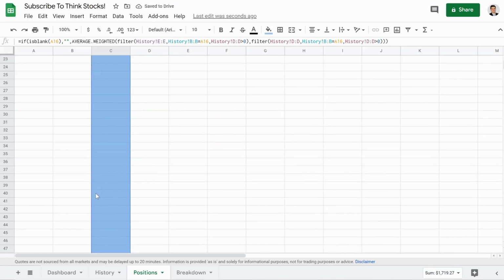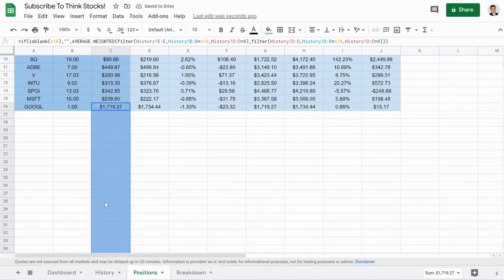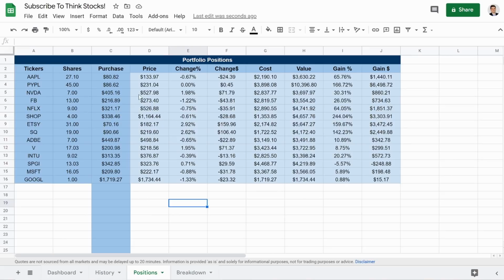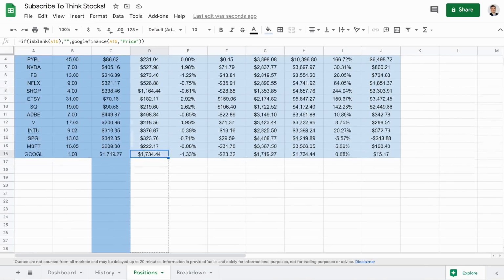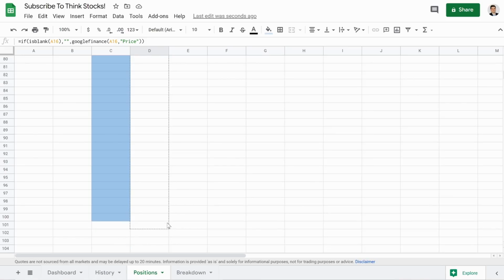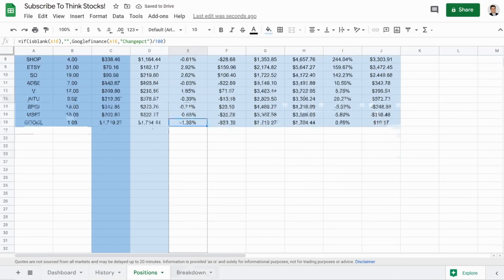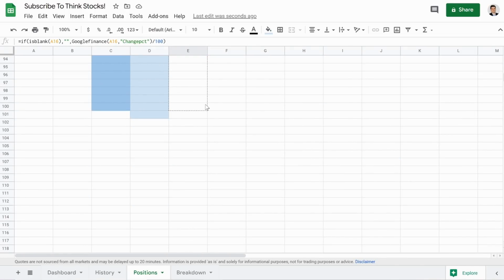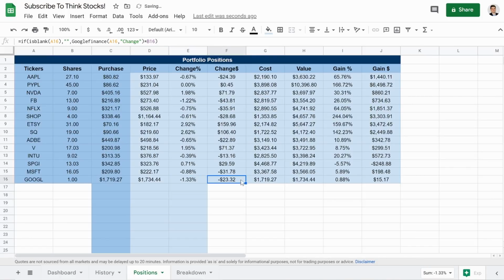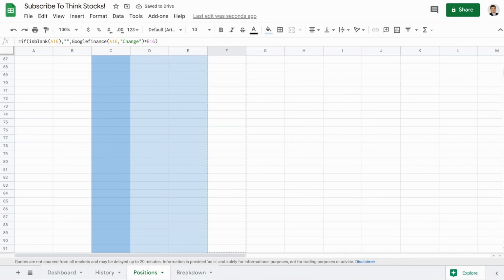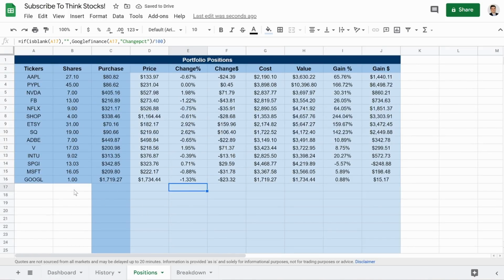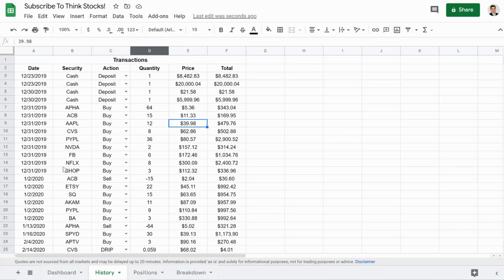So maybe I want to own 100 shares at one point. And you want to do that for everything. So you want to go through every single one and just bring the function down. And you'll see why in a second. So I'm taking every function and bringing it down. Okay, now that they're all down, the reason why we did that is if we go to history, what if